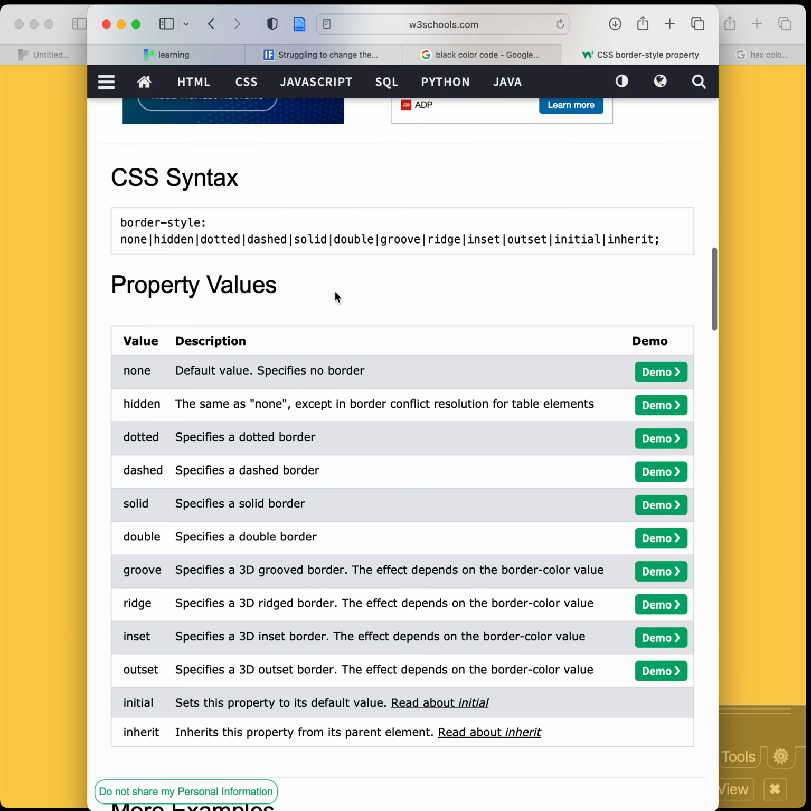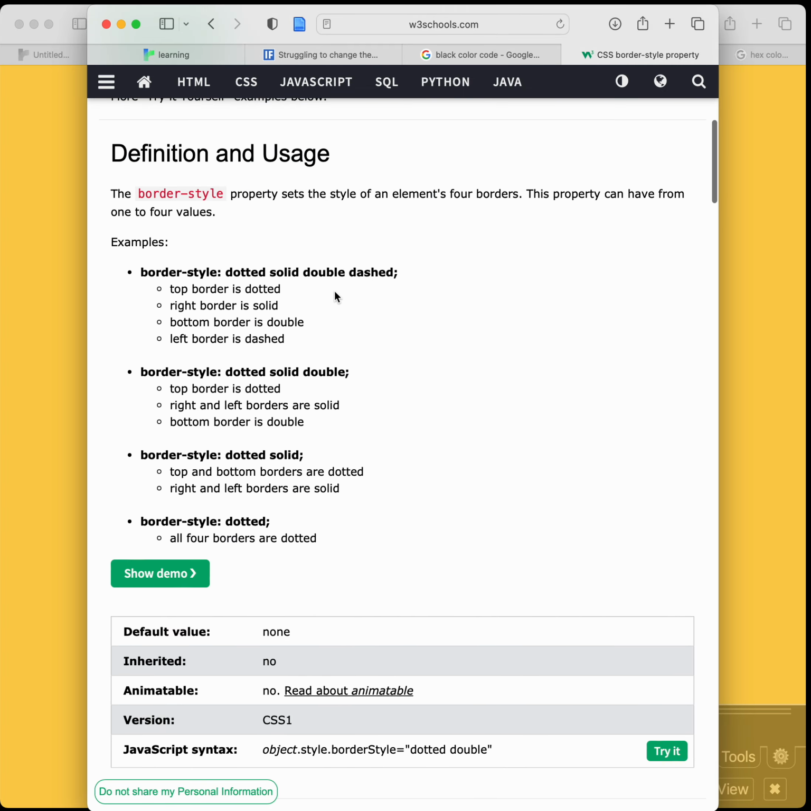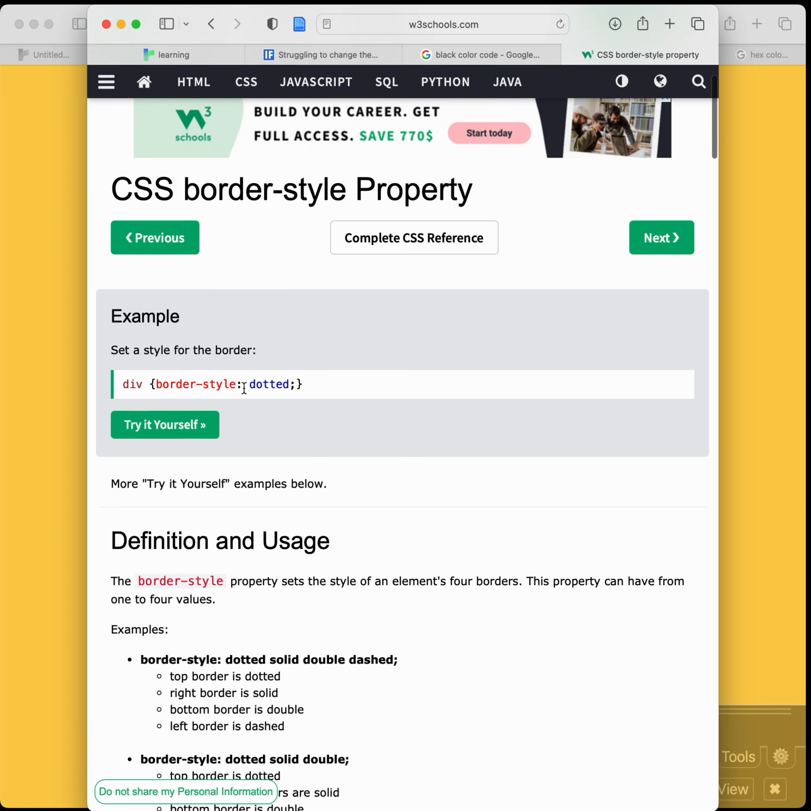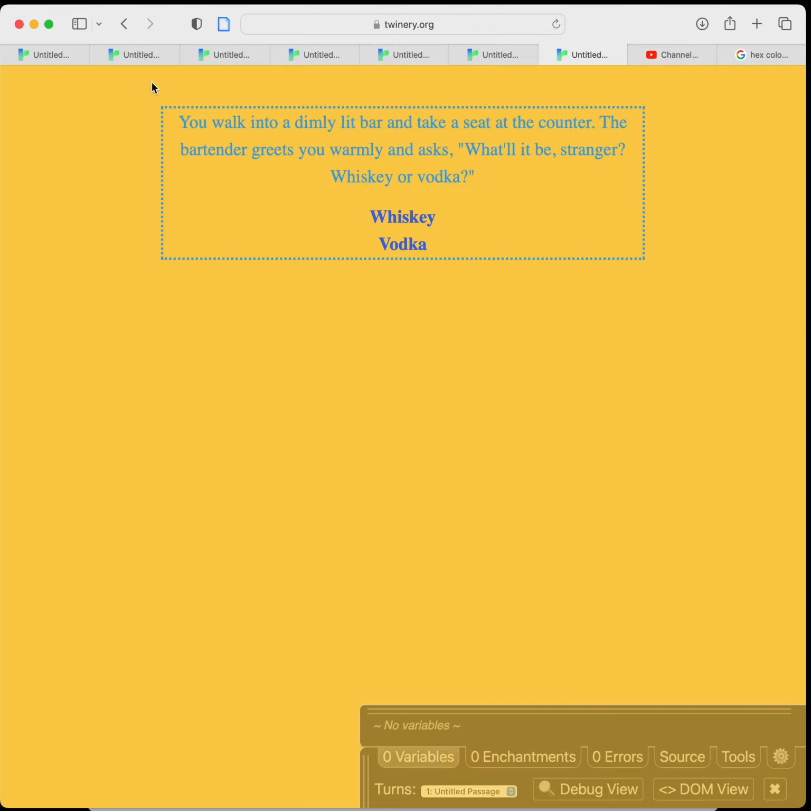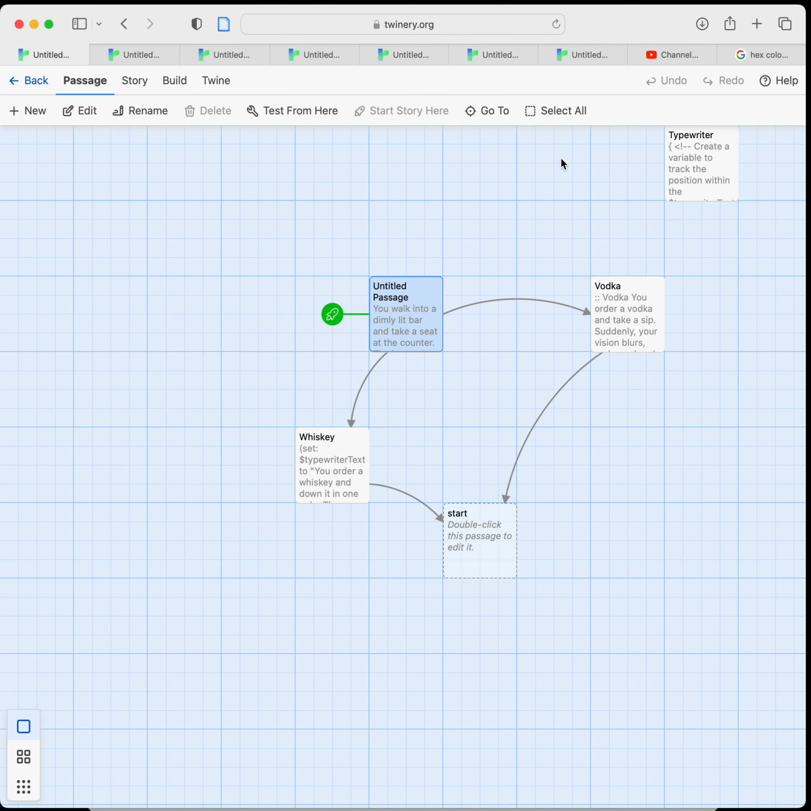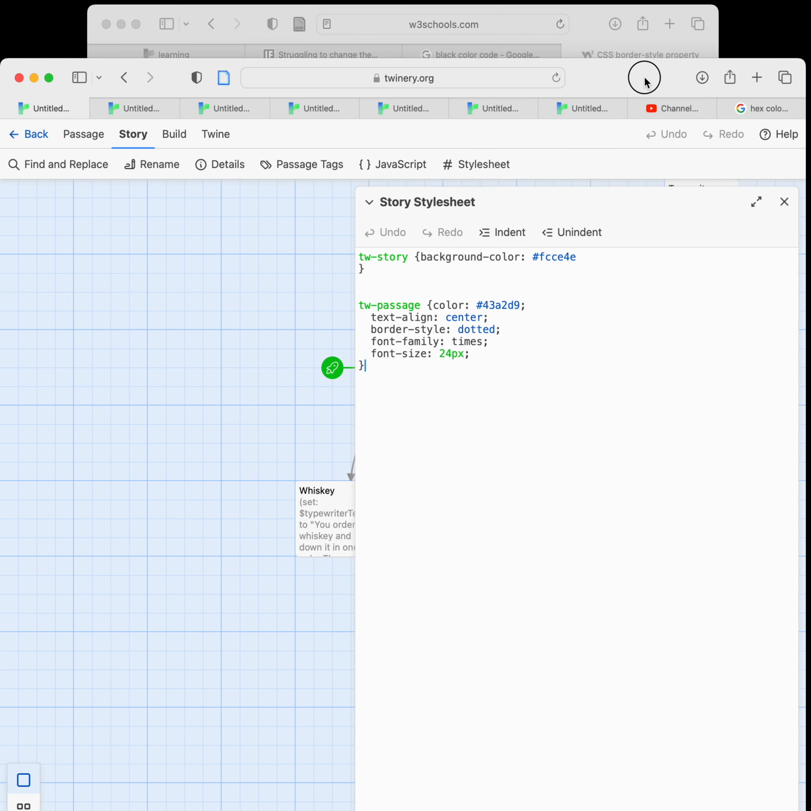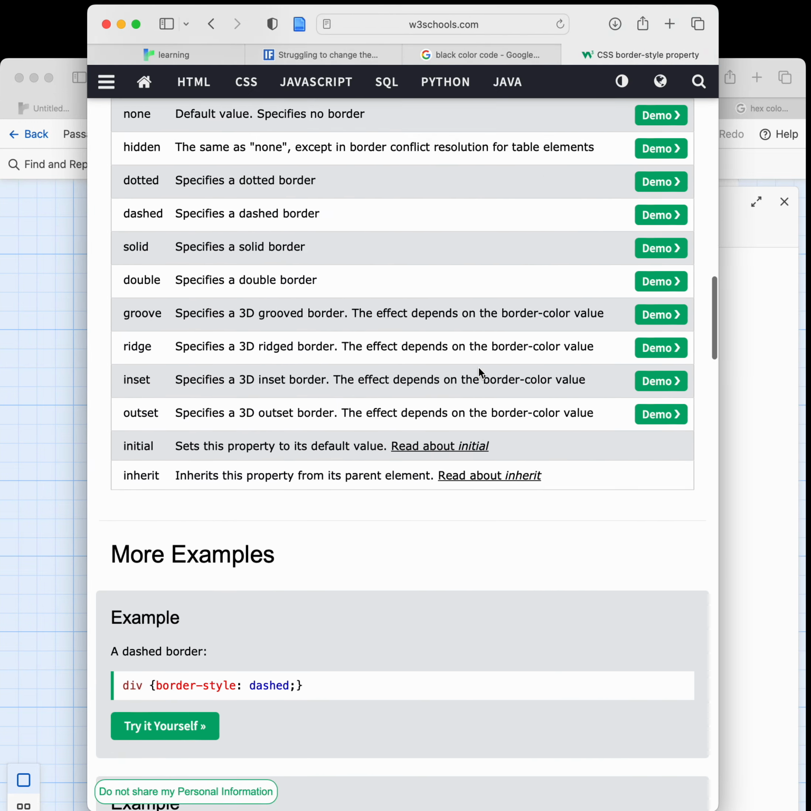So for instance, if we were looking at the border, here I'm looking at border styles. This is a CSS property for border styles. So that border style that we were playing with, you can see it in the story style sheet. Border style is dotted. If we wanted to change that from dotted to something else, we can make it